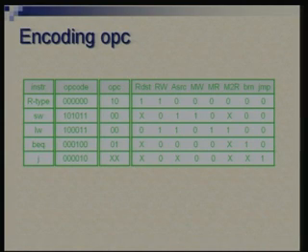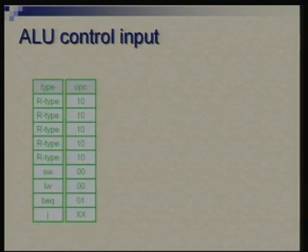But before we do that, let's see what we do with OPC. We need to look at OPC and the function field in case of R type instructions, and decide the 3-bit input control for ALU. So now the group of R type instruction needs to be expanded. We need to consider the requirement of each individual instruction. So we repeat this R type entry 5 times because we are considering 5 instructions: add, subtract, and, OR, and SLT. These will differ in terms of their function field. Opcode field is same for these.